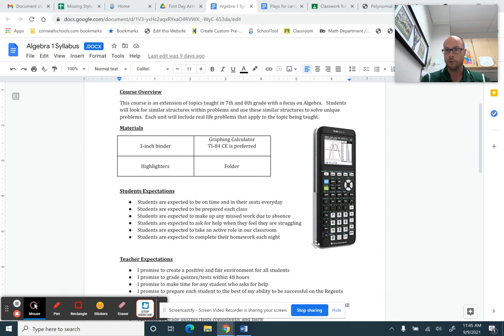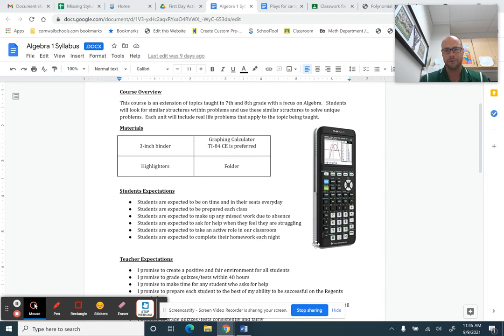If your student has an older sibling or cousin and they're giving you a hand-me-down calculator and it's one of the older ones, it's fine. They can do everything we're going to do in class with the older calculator, or if the $10, $15 difference is a big deal, that's fine. Get the cheaper one. Just please buy a TI, no Casios. TI calculators are the preferred one for our class.